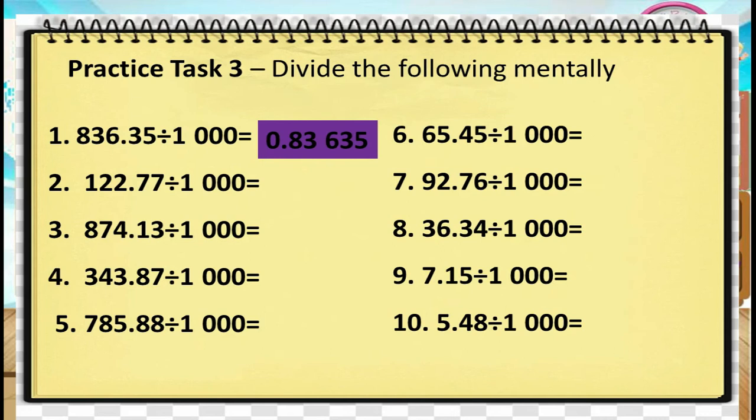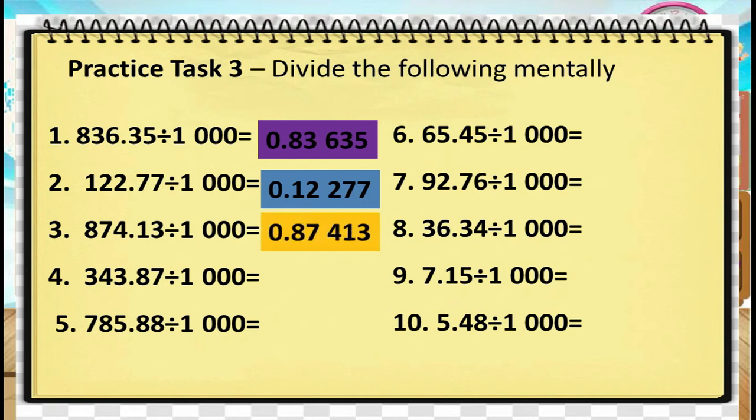83,635 100,000s. For number 2, 12,277 100,000s. For number 3, 87,413 100,000s. For number 4, 34,387 100,000s. And for number 5,